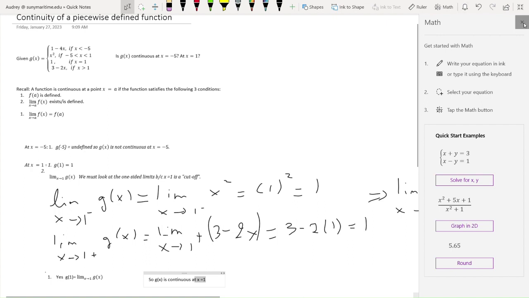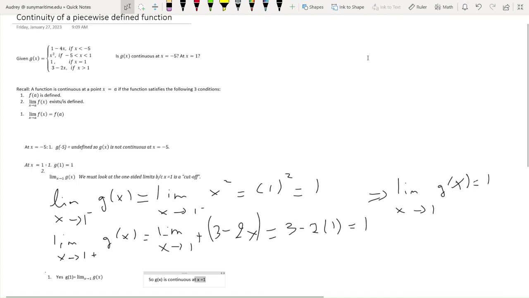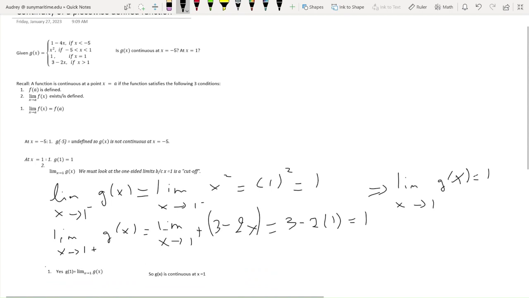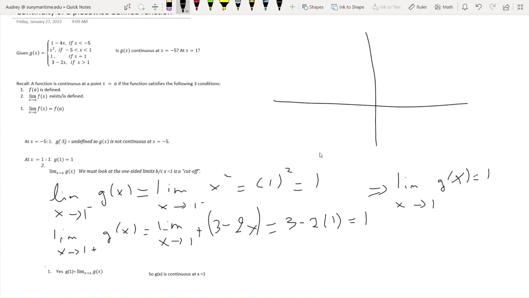And we could check here if we wanted to. If I were to quickly graph the function, so it's going to be a not perfect graph, but if we were to quickly graph what's going on here, so to the left of -5, the function is linear, and